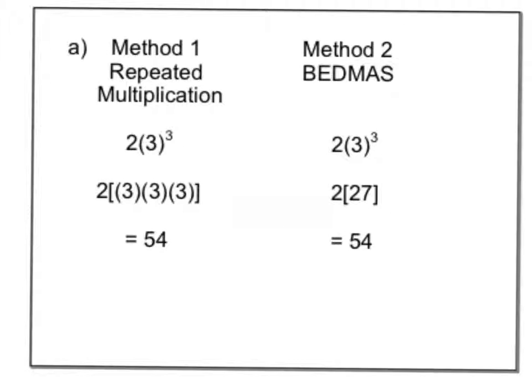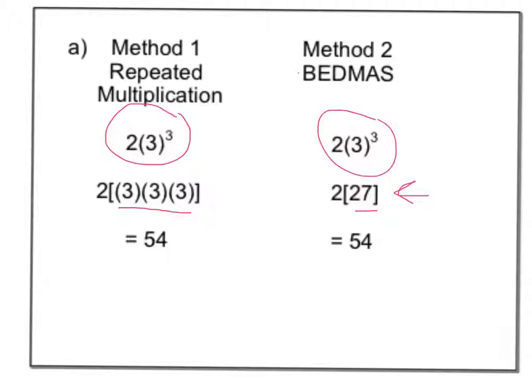Okay, so for the first one, we have 2 times 3 cubed. Okay, the first method will be repeated multiplication, second one is just using BEDMAS. So 3 cubed is the same as saying 3 times 3 times 3. So you can do that all in those brackets, or doing the BEDMAS way, just cube 3, which gives you